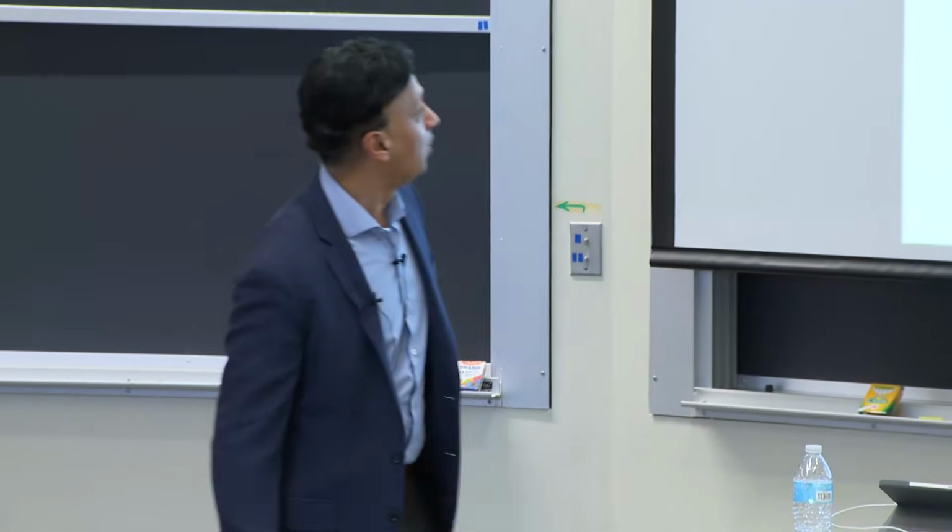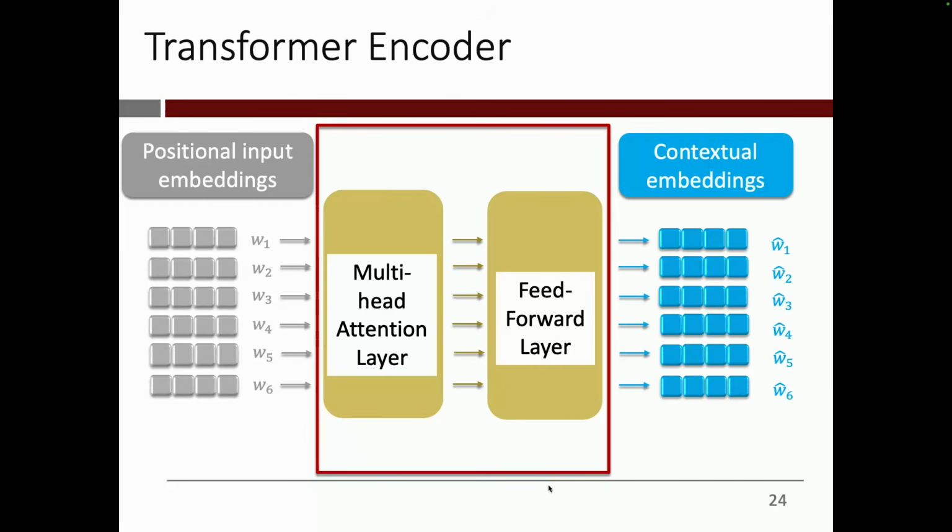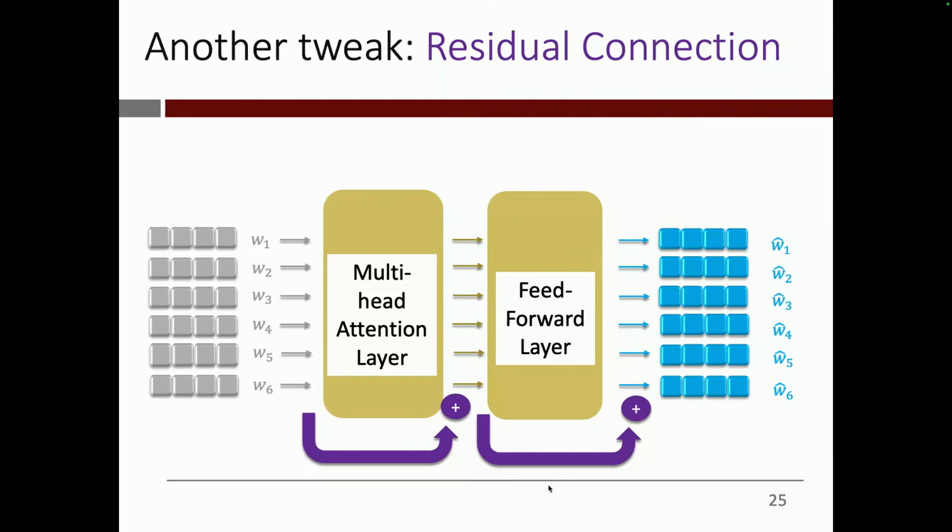All right, so that is the transformer encoder. So we have done the first of the 3 complications needed to make it industrial strength and legit. The second thing we do is something called the residual connection. So what we do is that